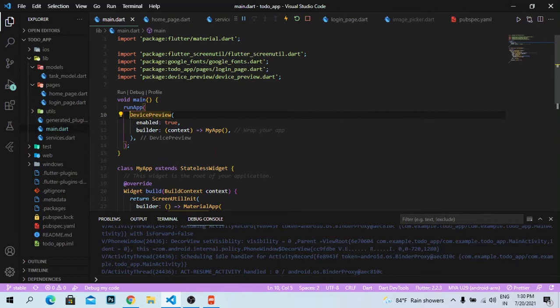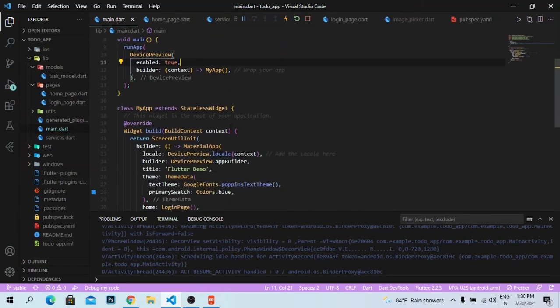After wrapping this with the DevicePreview widget, you need to set enabled equal to true, because if enabled is false, then it will not give you the result. For production level, when development is over, then at that time you can remove this. You can even remove this whole package, or just set this to false.